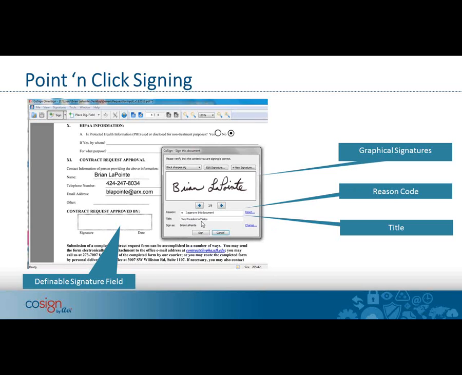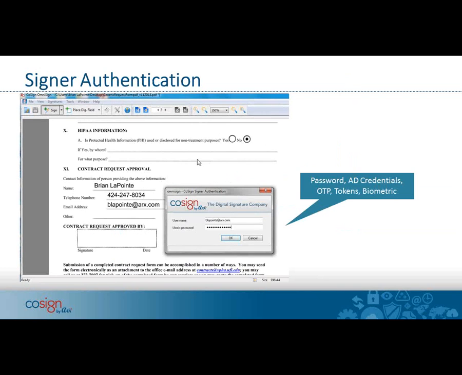A way to enter in my reason code, my title, and then just click sign, and it's going to apply. We give you the signing software, essentially, is what I'm trying to say here. We give you some nice tools to do that for signing PDFs, for signing Word documents, Excel files, and even other file formats as needed. After you go to apply your signature, you'll be prompted, if you're hooked up in Active Directory mode, these would be your AD credentials right here, a username and password. We have clients that are using more sophisticated ways, such as a one-time password or different types of tokens or biometrics. So depending on what level of security you need on signing, we can configure that to work with your existing infrastructure.